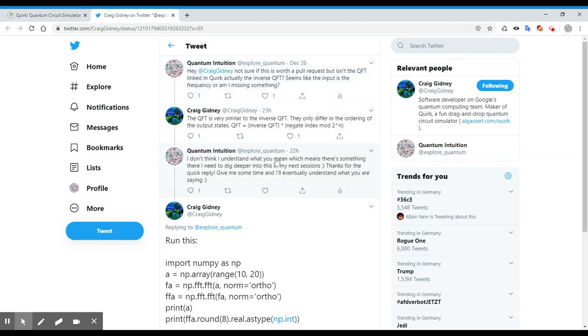And so the fact that he's using mod of 2 to the power of n, I think that is basically telling me there's some sort of cycling in there. And when I first read this, I was like, okay, so that means probably there's a certain amount of steps you can, or a certain amount of times you can apply the QFT, and that equals the inverse QFT. But I thought that was weird. But my point is the way the QFT is explained is like,